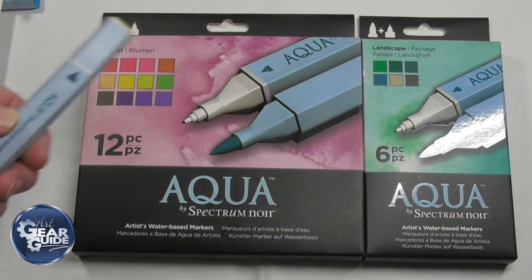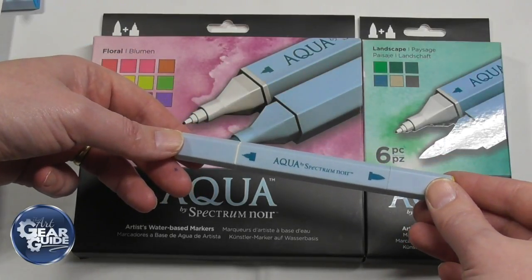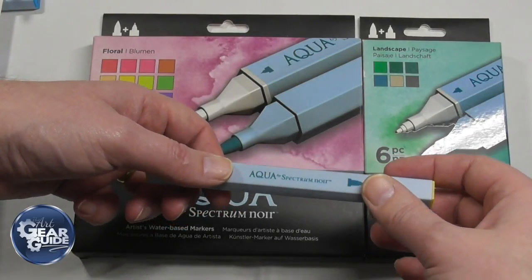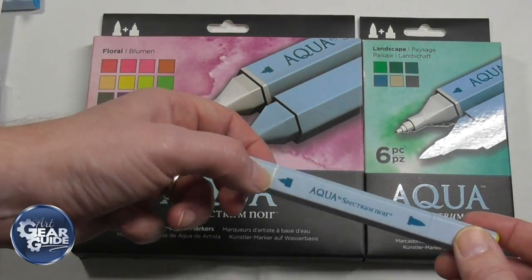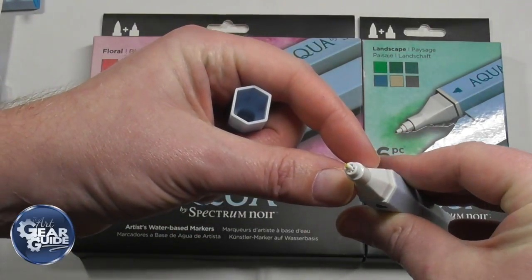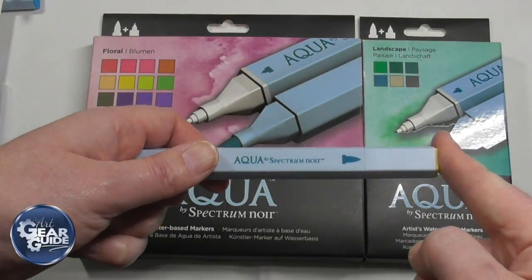Now these markers aren't refillable. You can't get refills for them or anything like that, but you can get replacement brush tips from Crafter's Companion and Spectrum Noir if you wanted to. I'm not too sure about this tip. I'm not sure if you can get replacements for that, because I'm not even sure if that tip comes out. I'll have to have a look at that and see. But I know you can definitely get replacement brush tips,